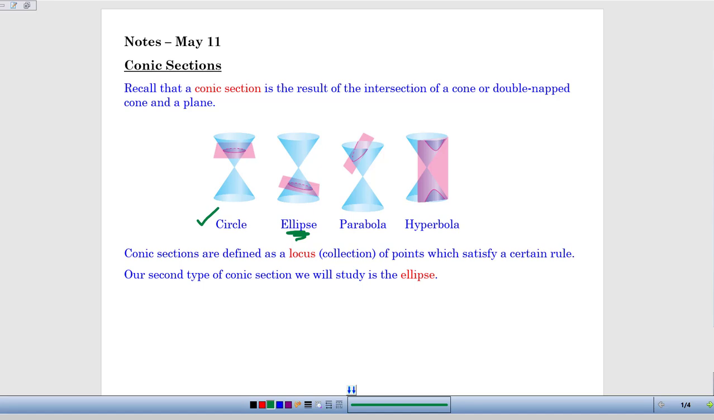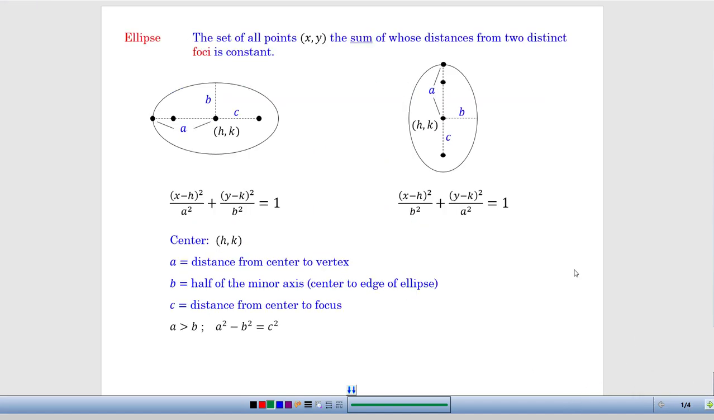Now, again, there's a verbal definition for all of these shapes besides just looking at them and seeing them. And so we want to unpack what that rule is to see how the shape gets formed, and then we start to work with the equation after that. So the description of an ellipse, the verbal rule for an ellipse, is that it's the set of all points